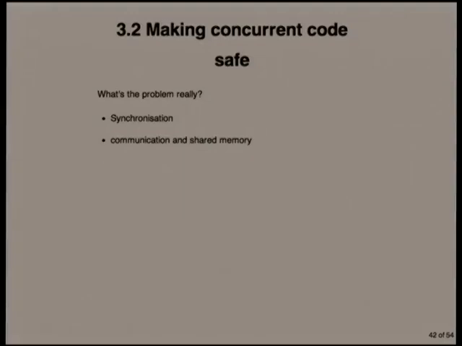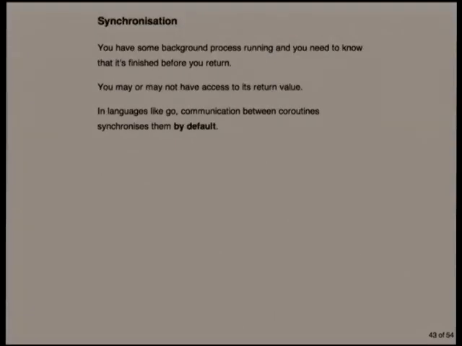So the last thing I want to cover is how you make concurrent code safe. It's really how do you safely access and transform data that you want to pass between multiple routines, or that you want to actually, over time, share and transform in a more complex way between routines. You have the issue of synchronization.